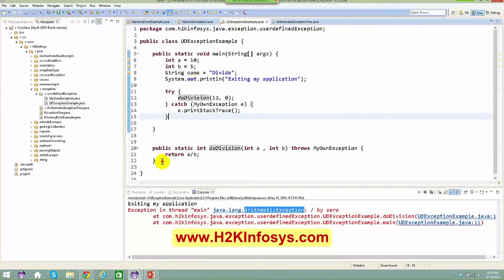And the person who has actually developed this API knows that down the line, definitely he is going to get some kind of exception, or his own exception. So I'm going to throw that kind of exception out here. Okay, now